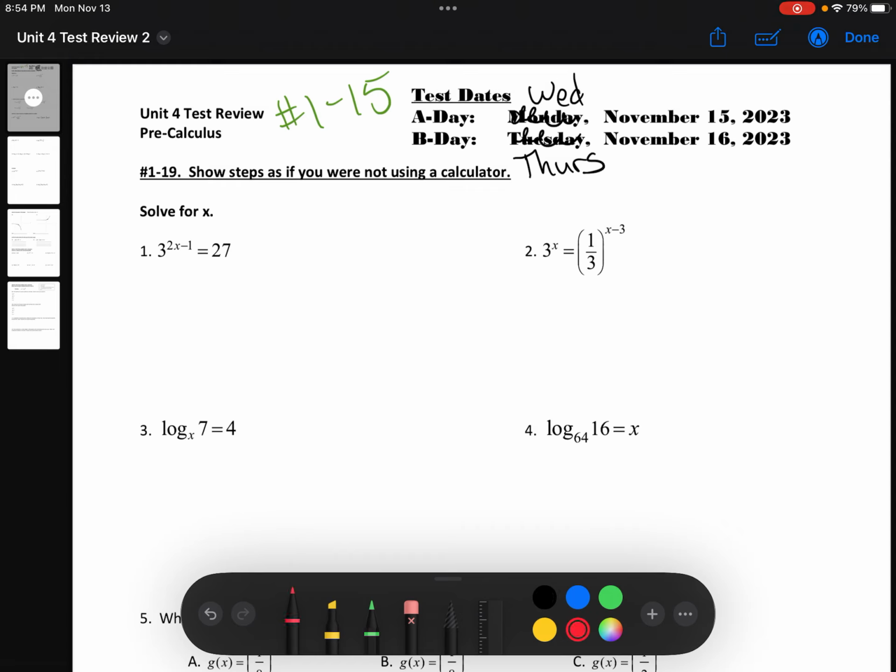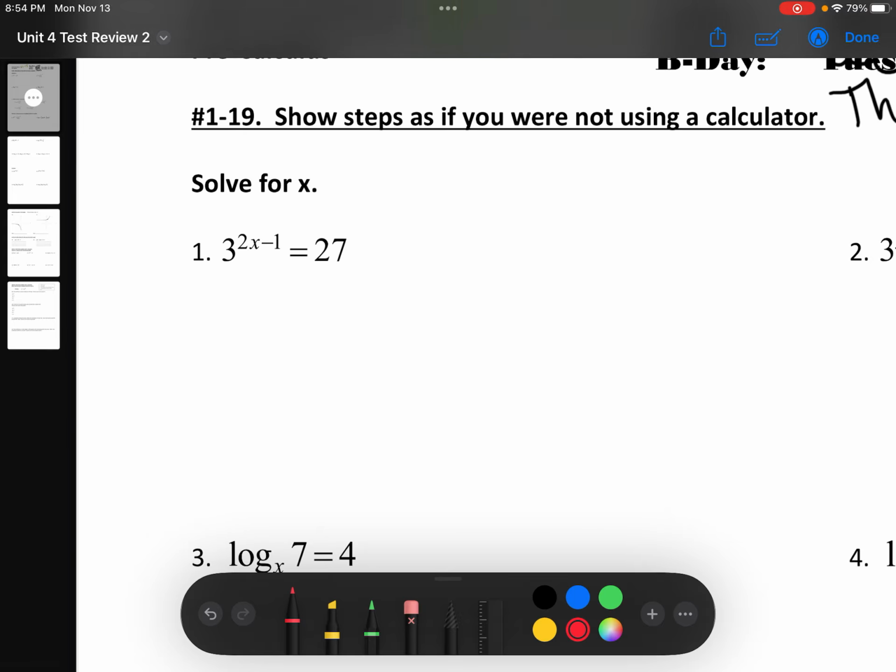So, solve for X. We're going to solve like we are not using a calculator. You will have a no calculator section on your test. So, here for number 1,